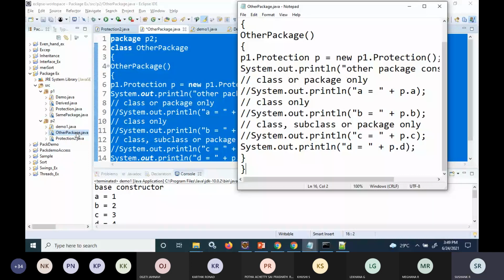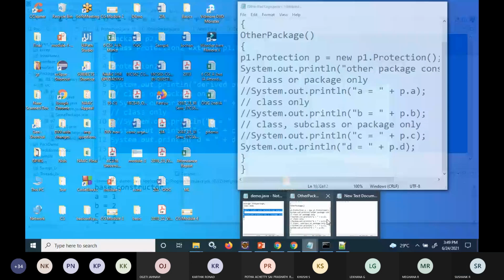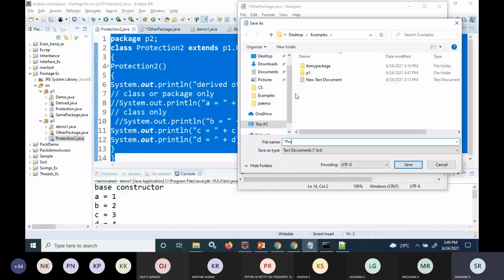One more file, save as protection2.java. The spelling should be correct, otherwise we'll get an error.